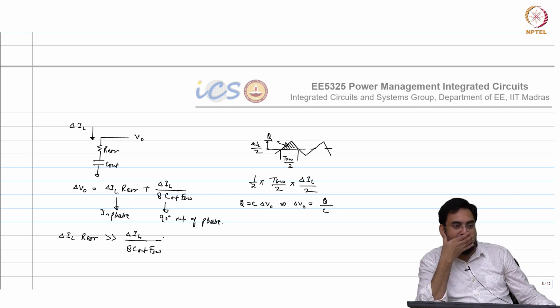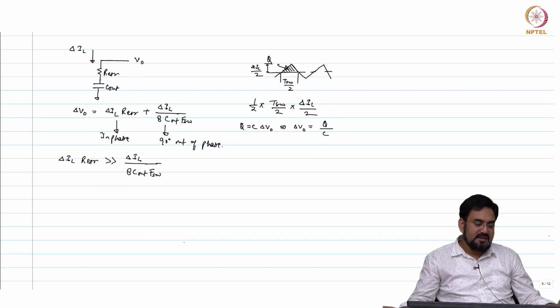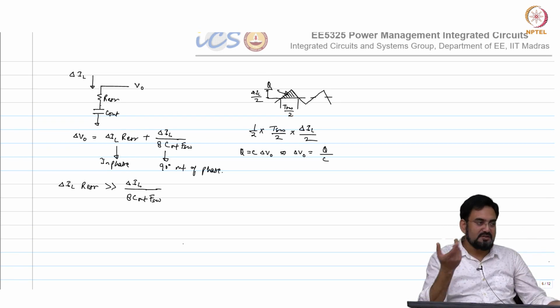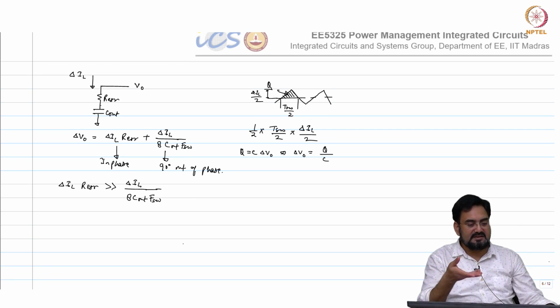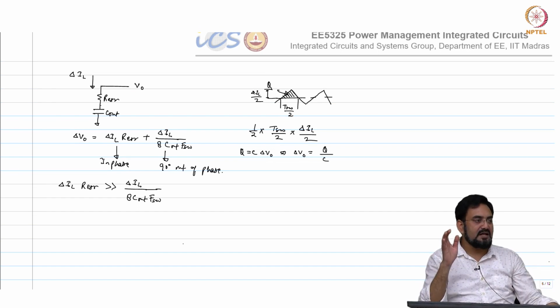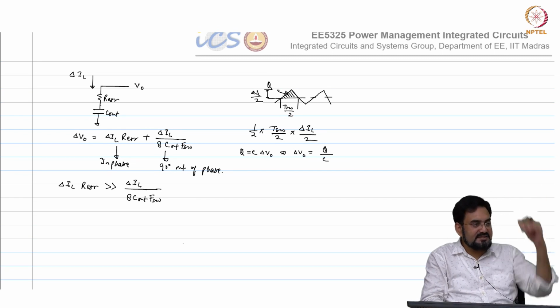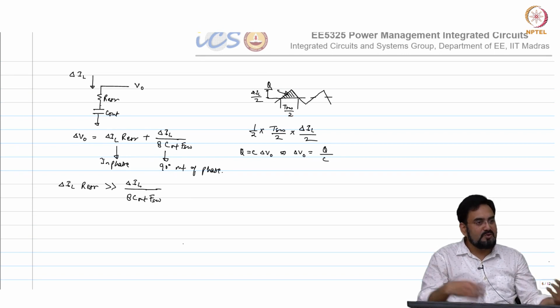But how much more? Not dominating actually. The only thing is that you may have a little phase shift, as long as your peaks are aligned, you are fine. Okay, you may have some non-linearity. If you keep increasing this RC, it will become more and more linear. Let us say I keep increasing the R. If I keep increasing the R, then my delta IL RESR component will keep increasing. If I increase the C, then it will keep reducing the other component. So both will have the same effect as such. Okay. So it is a product of R and C which matters here.